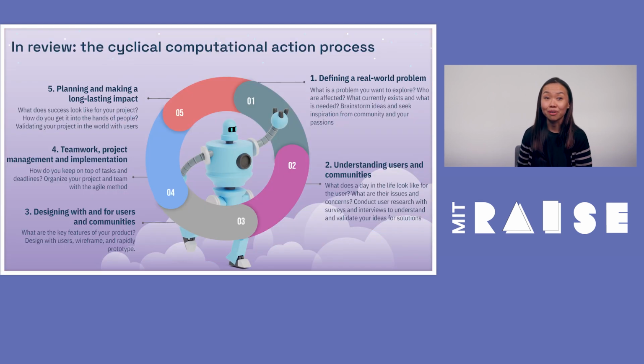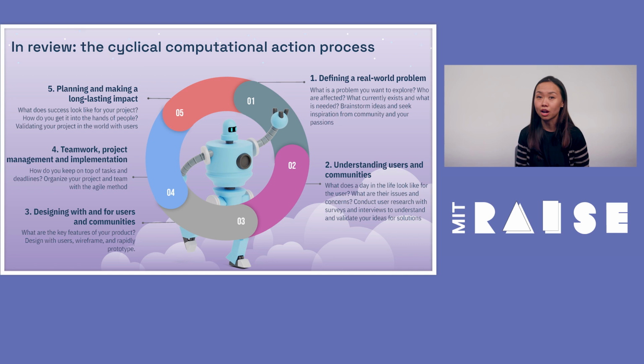Okay, so in review, you've learned the entire computational action process. We did all of these steps. You defined a problem. You did some user research to understand users and communities impacted. You used all that information. You put it into an impact matrix to design your solutions. And then you designed the front end of those solutions to show what it'll look like. You tested those front end screens with users to get a better sense of what your project should look like. And then you worked on the team or you implemented, you might have organized your project using tools like Trello or documented using tools like Google Docs to really wrap up that implementation of your project.